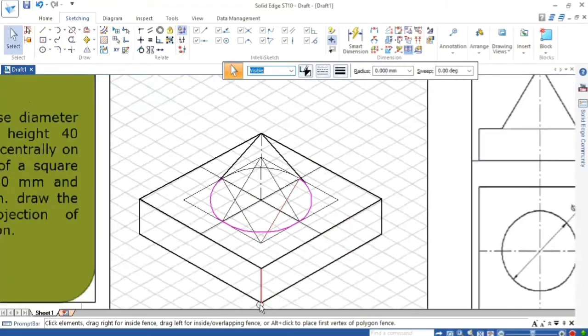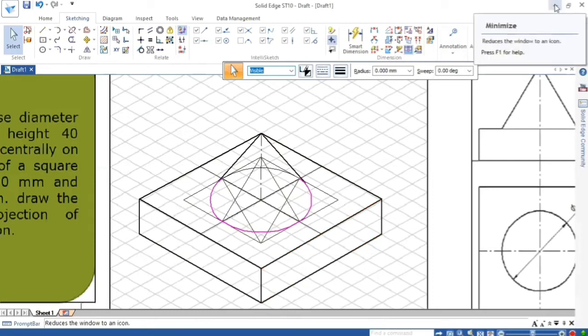First you start from the front side, 80, 80, go vertical height 20, 20, construct this top square, and then locate the center point and construct a square box. Then with this square box, construct an ellipse. Then join the corners of the cone from the vertex point. See how you construct using manual scale, pencil, eraser and compass in the ISO sheet. Similarly, you can construct using Solid Edge software.